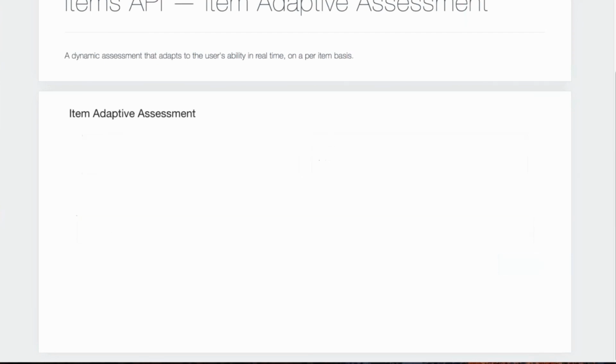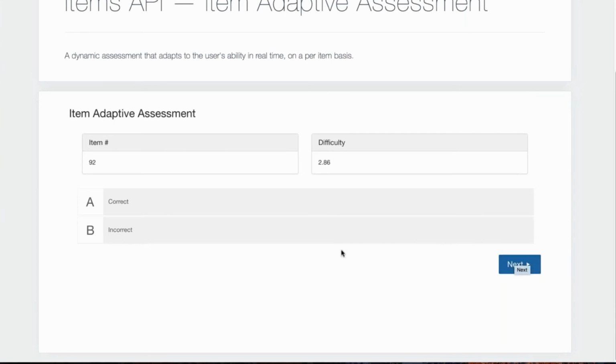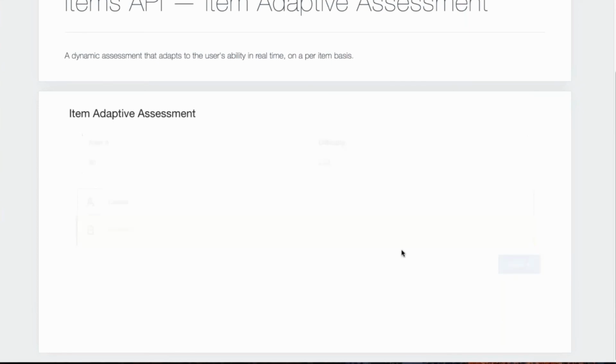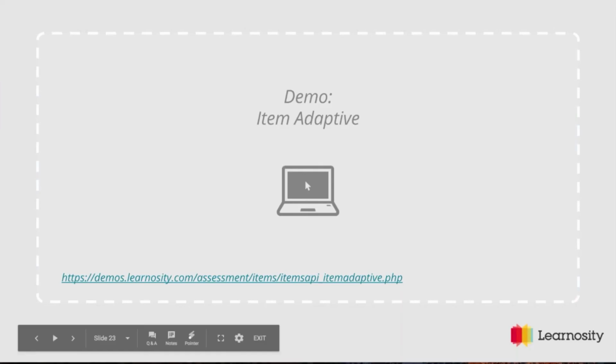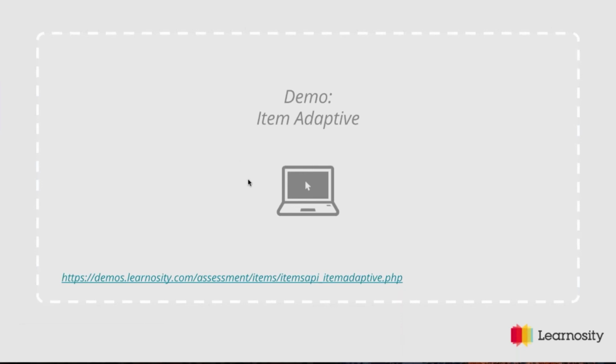But as you can see, the difficulty level continues to climb, and of course you can see that reverse as well. Each of those items is being delivered based on the student response. Hopefully that's clear, a little meandering there perhaps, but that gives you a big picture idea of how